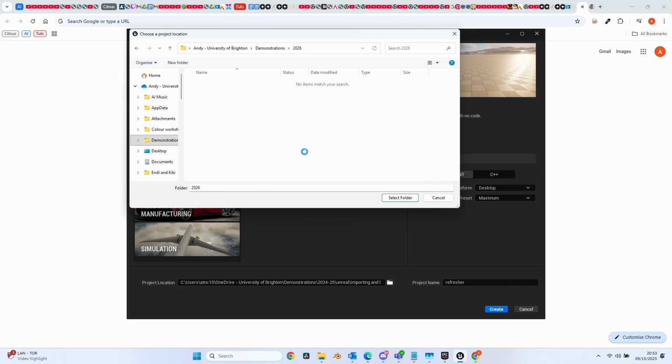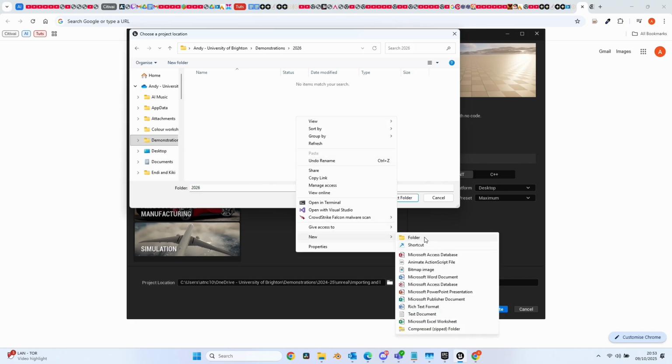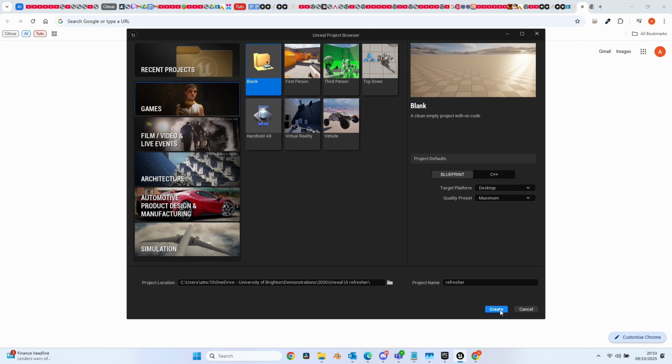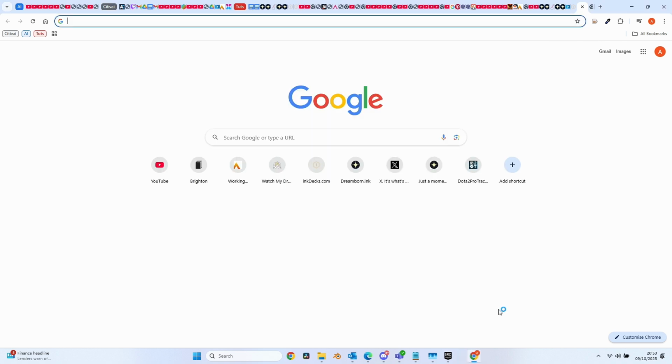And let's put a folder here, Unreal UI refresher. Cool. And then we'll create, and this will compile shaders and everything. It's going to take a long time, but hopefully